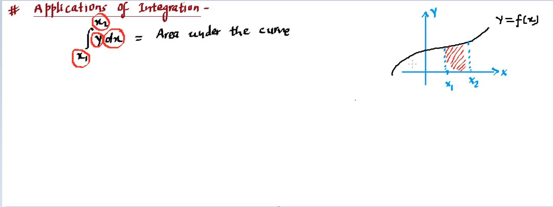Here x1 is this boundary, x2 is this boundary, x is this boundary, or dx you can call it, and y is this boundary. So that area that is trapped is called the area under the graph or curve, and that is with the x-axis in this particular case. That's the most important application of this integration, and we need to learn this, digest it, and use it. Okay.